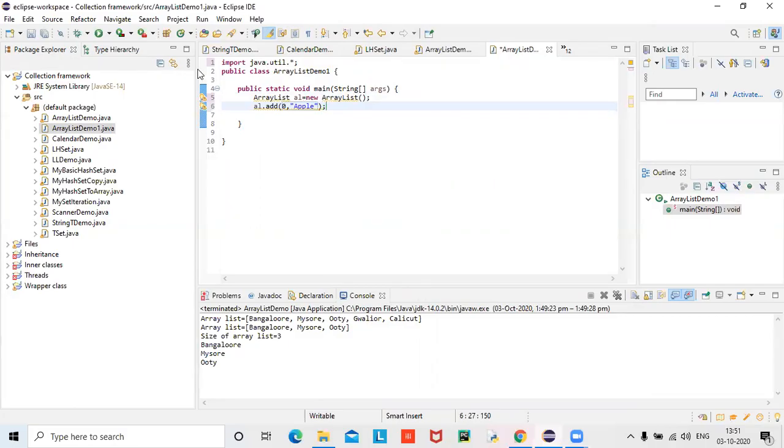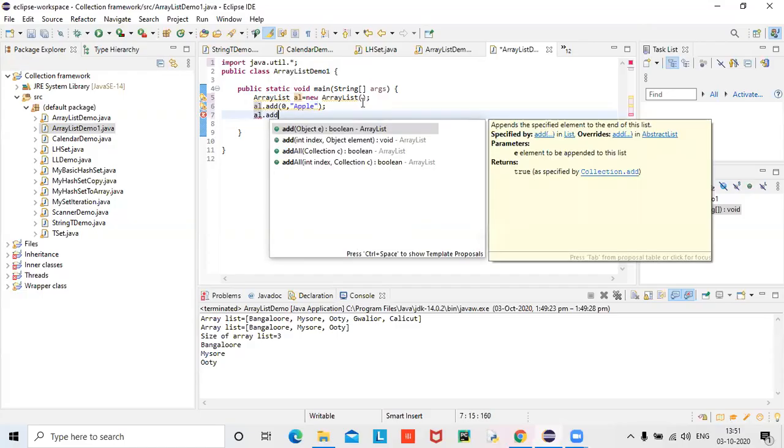Of course, previously also we used it as a parameterized method. Only one argument I passed. A couple of arguments I passed here. The first one is very clear. That is indexing. You can see 0. Next, al dot add.